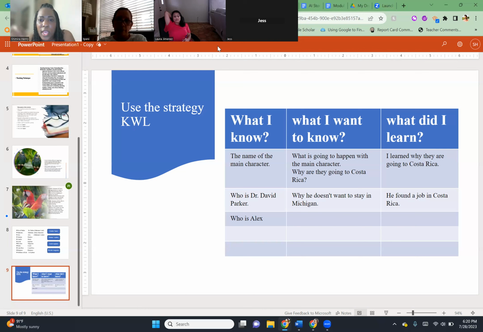For example, you said that he had to move because he needed a job. With Laura's theme, we can tie that in. For example, if they were in Michigan and they lived in a city where the water was toxic, he decided to move because the water was toxic and he wanted to live in a better environment with more nature, because I know Costa Rica is still very rainforest, natural, and it's not as refined as it is in Michigan.